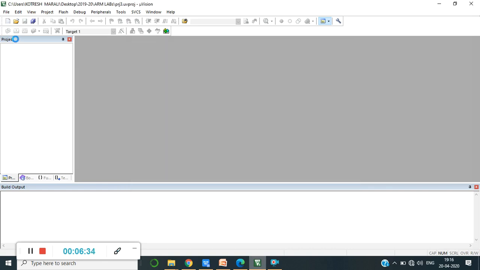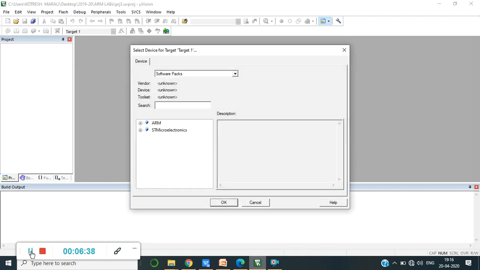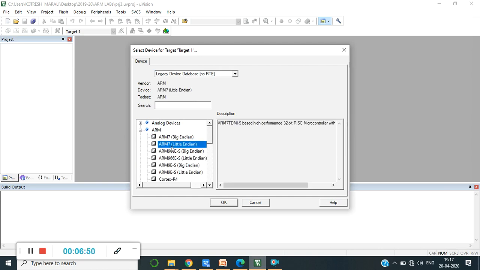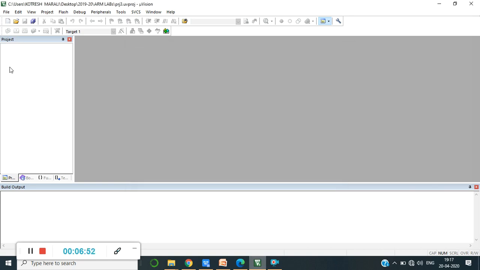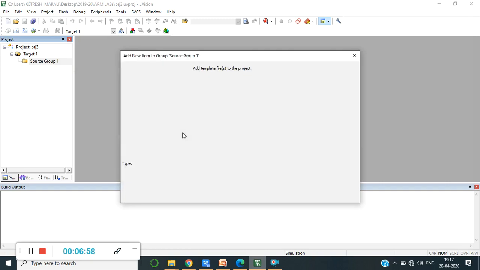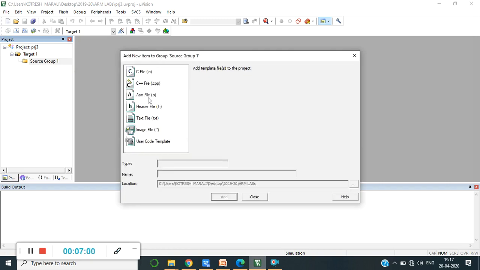Save the project. The next step is to select the device. Make sure that you select Legacy RTE in case you are using MicroVision 5. Now let me select ARM7 Little Endian and say OK. Now Source, add new source. Select ASM.